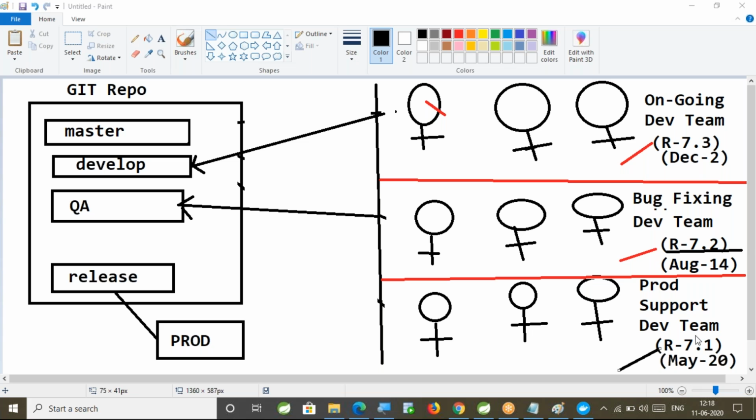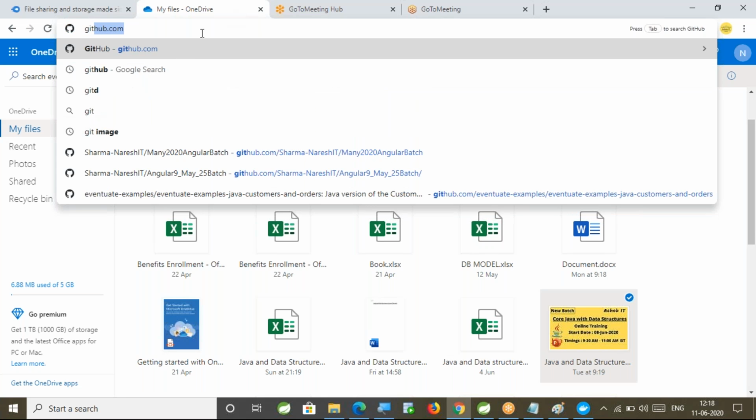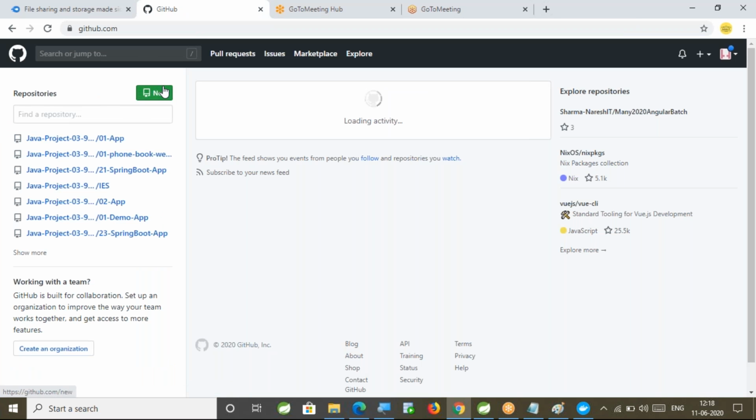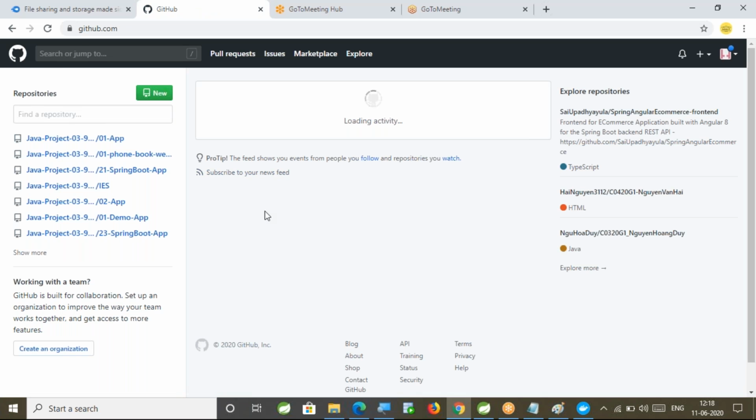Now let us see how to create those branches in the Git account. Let me go to my GitHub account. I'm opening my Git account. Yes, here we have the GitHub account. I logged into this account.